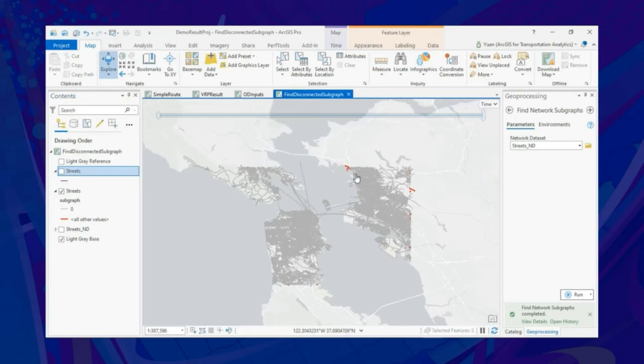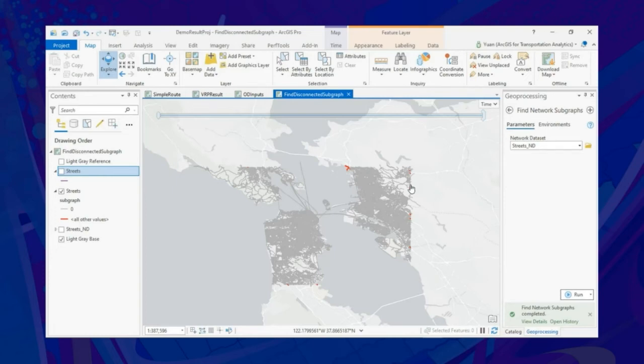So not too surprisingly, when we clip out this tutorial network dataset from a much larger network dataset, we end up with some disconnected streets around the outside. You might find this tool handy for some of your QA for your data. And in the same downloadable link that Melinda showed you how to get to this tool, we have a version 2 of this tool which takes in a travel mode. So this connectivity analysis will take your travel mode, for example, one-way information in your data into consideration when we